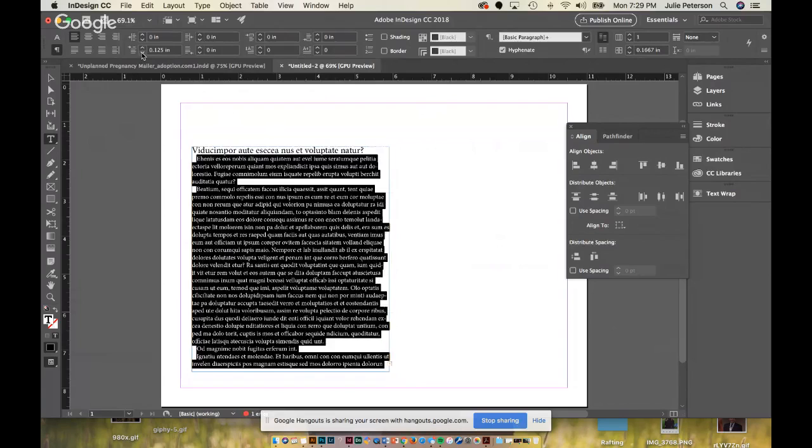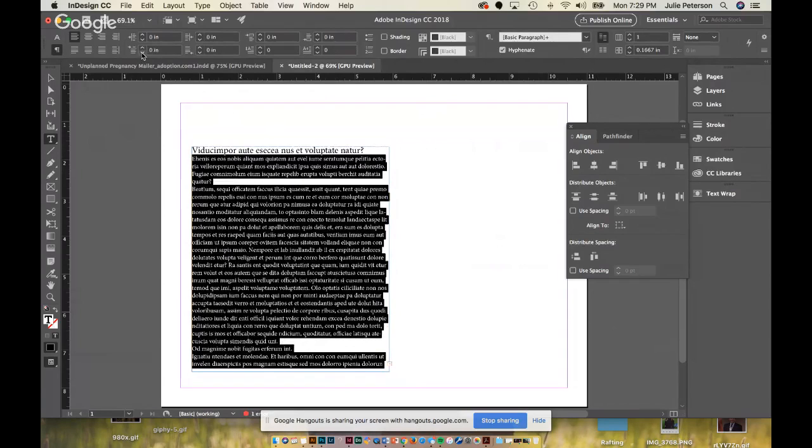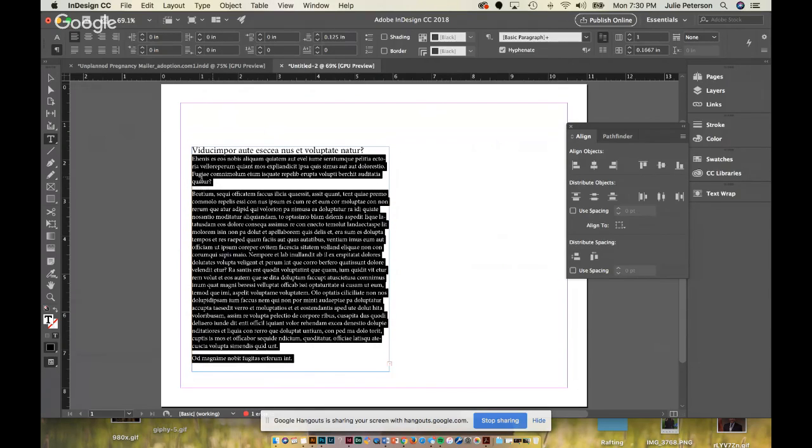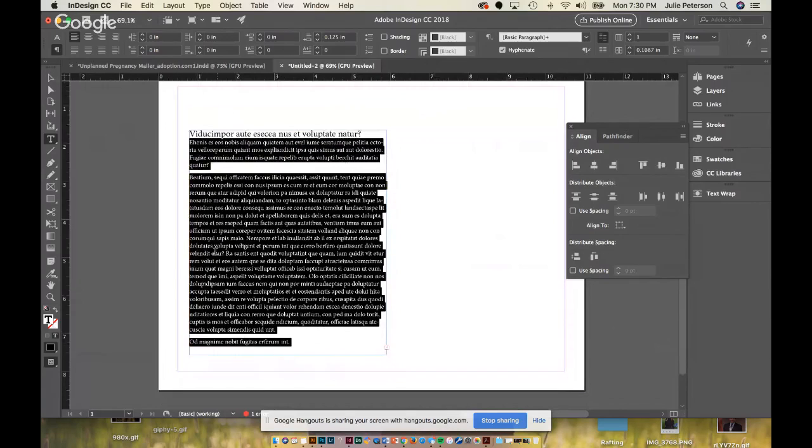The other option, and this is my favorite, so I'm partial to this, but it doesn't mean you have to use it, is space after. So where you break up the paragraphs with space after. If you just hover over these icons, it tells you what it is. So right here, space after. If you just click twice on that, it gives you a nice space after it, and it does that on all the paragraphs. So that's nice. Thank you.